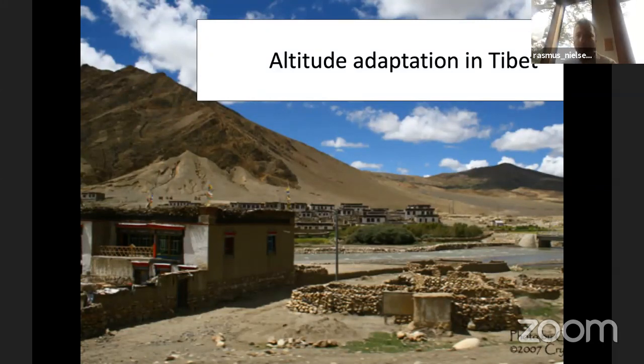So one thing from our own group that we've been doing a lot, we worked on altitude adaptation in Tibet. How can Tibetans function so well in the high altitude plateau in Tibet at an altitude of more than 4 kilometers height, where the oxygen pressure is only 60% of what it is at sea level? Tibetans function really well there, and other people have a tendency to get chronic high altitude sickness. Why is that? Why is there this difference between the Tibetans and other people? Well,